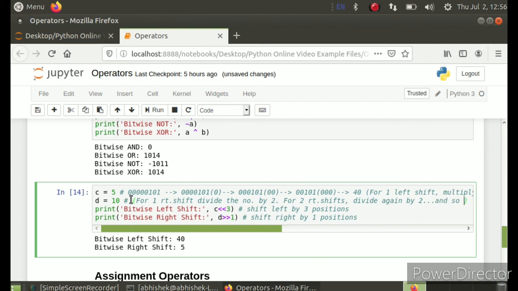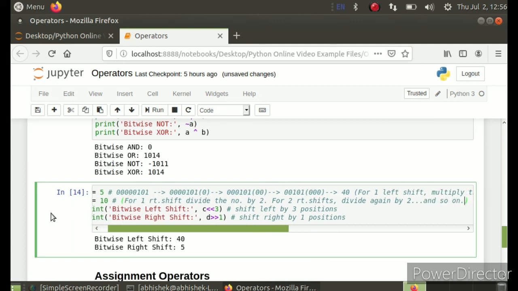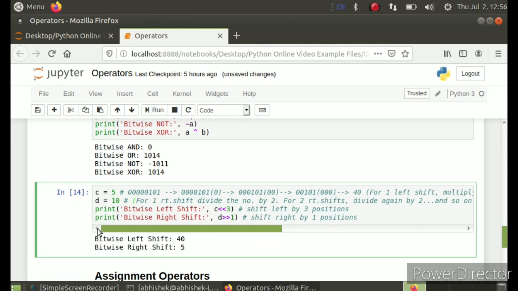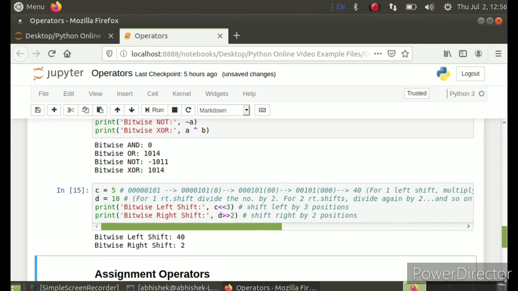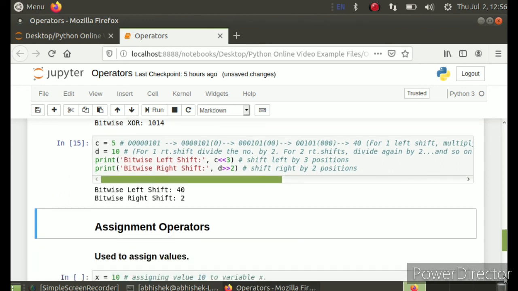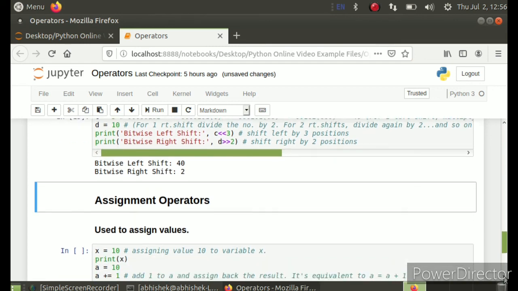Like here I am right shifting by one position, so my answer will be divided by 2, that is 10 divided by 2, and I am getting the result 5. If I change this, then my result will again be divided: 10 divided by 2 is 5, 5 divided by 2 is 2.5, and I am getting floor division, so that 0.5 will be removed and only 2 will be obtained.